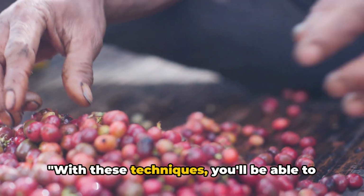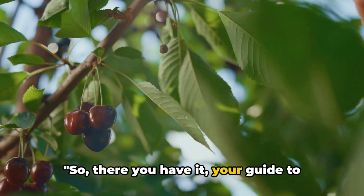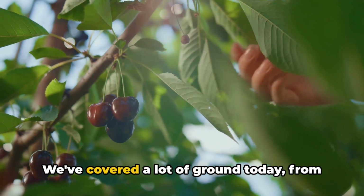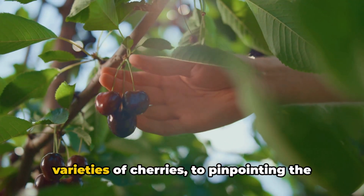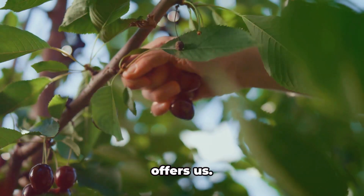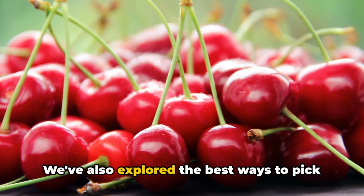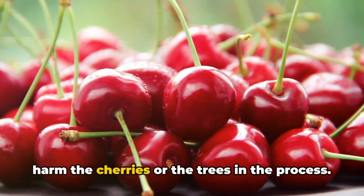With these techniques, you'll be able to pick cherries like a pro. So there you have it, your guide to cherry picking. We've covered a lot of ground today, from discerning between the sweet and tart varieties of cherries to pinpointing the perfect moment of ripeness that nature offers us. We've also explored the best ways to pick these delicate fruits, ensuring we don't harm the cherries or the trees